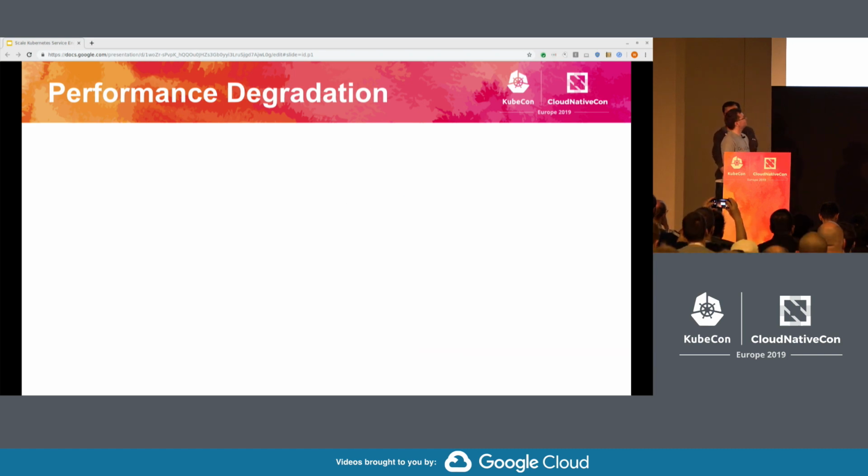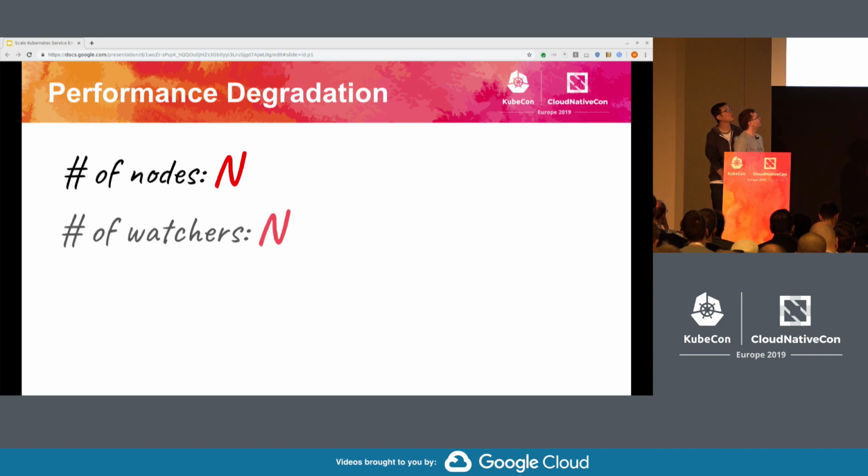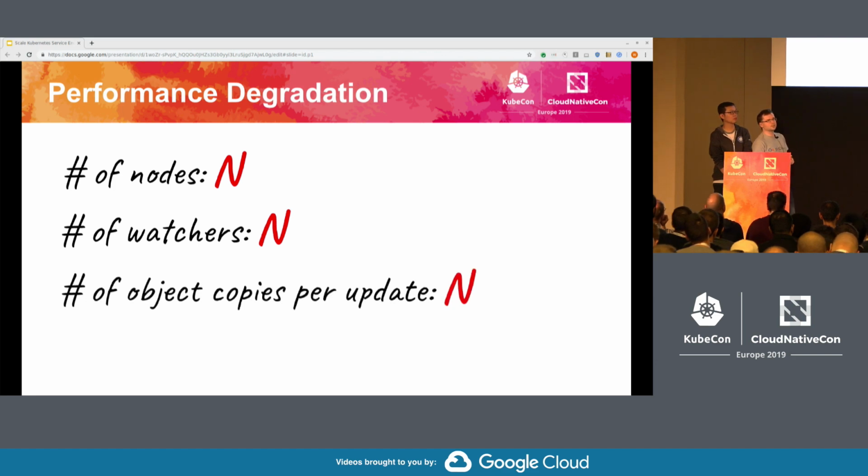So what does it mean? It means that if there are n nodes, there are also n watchers watching every single endpoint in the system. In the current implementation of API machinery, every watcher is treated independently. So to send a watch event to a watcher, you need to serialize it independently for every single watcher, copy it, and stuff like that. We are also trying to address that independently, and this is something that is already happening.